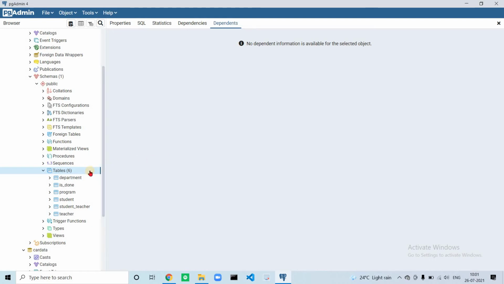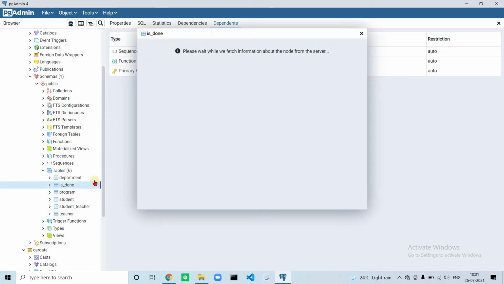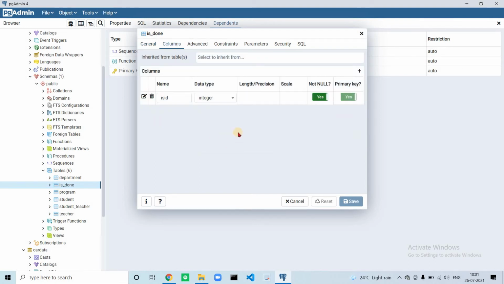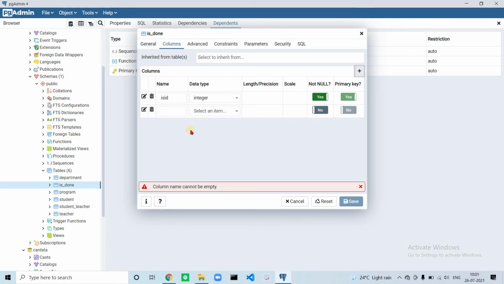We can view the table structure by right clicking on the table name and going to Properties. Inside Properties, the same window opens. Here we can see the structure of the table inside the Columns panel, and we can also create a new column inside this at any time.